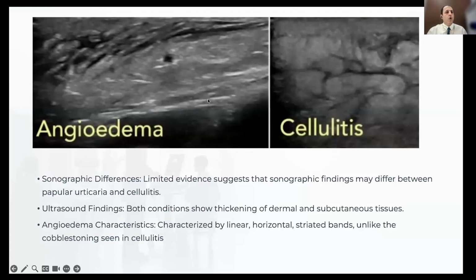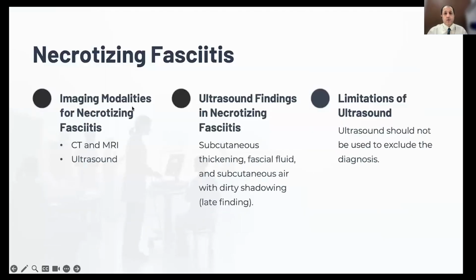But as a rule, we always need to coordinate what we find in the ultrasound with our clinical findings. For example, if the patient has a fever, then infection is the most likely cause. So always interpret what we find in our ultrasound together with our clinical findings.